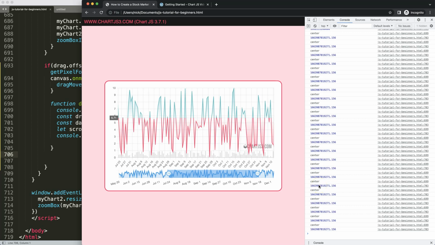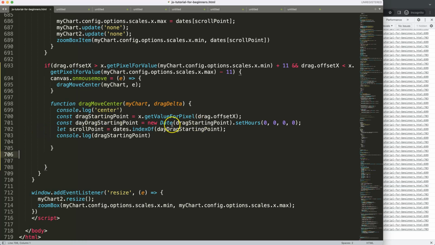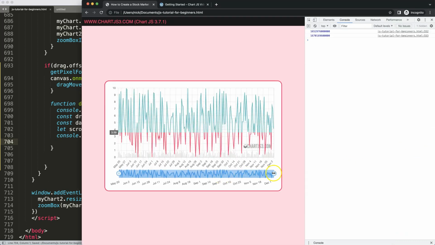So that is fine, or this is the milliseconds, but I need to get the official value, so that is, I guess, the scroll point here. We just put it in there. So that makes sense. So what I want to do then, let's save that, do that again, put it in here,